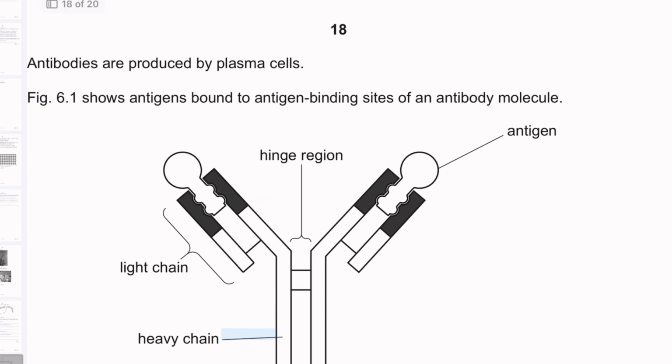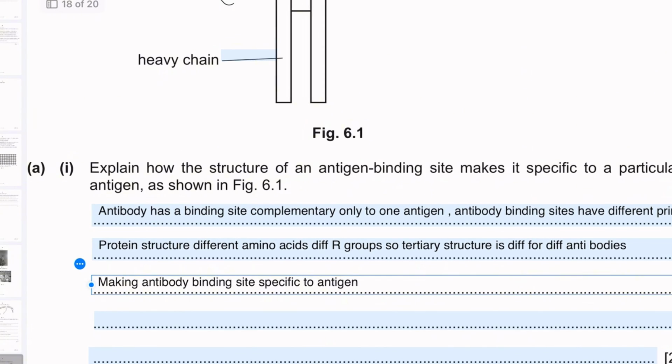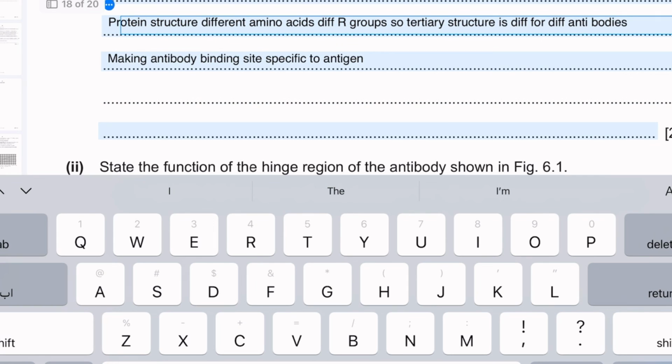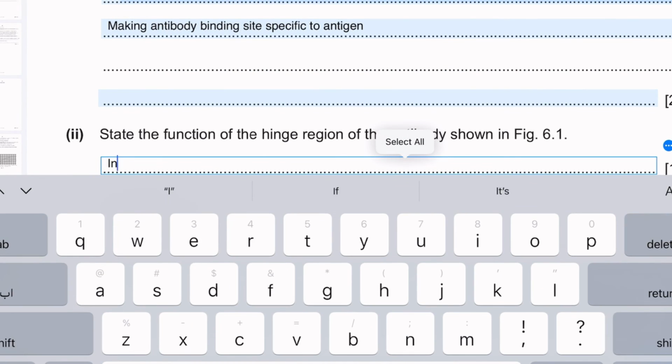Now here is: state the function of a hinge region in the antibody shown. Now the hinge region is just there so that there's more flexibility, so that it's able to bind freely, and when you want to attach to something, you want to be able to be flexible so that it's able to attach. So just increasing flexibility, I would say. Flexibility so that the antibody can bind freely